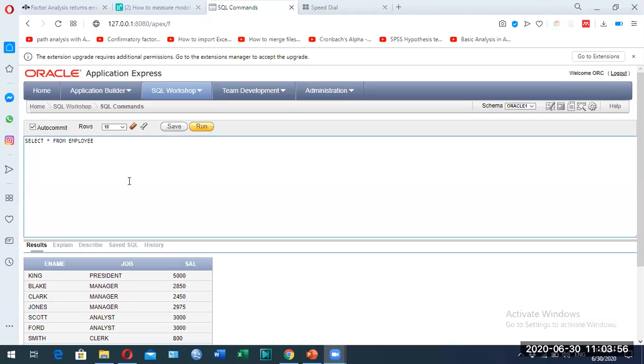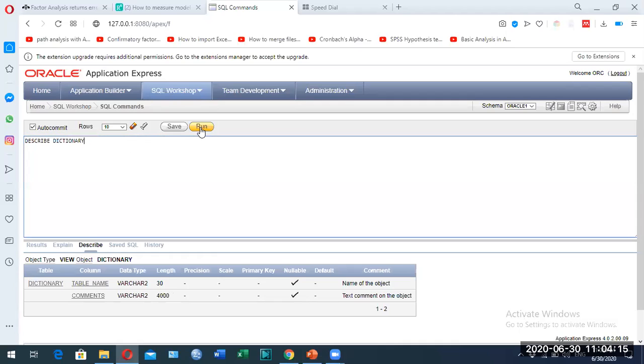Okay, this is the data dictionary view. We will write the DESCRIBE command. Then we write describe dictionary. Then we will run this query. We have found the object type view, object, and dictionary. It describes the table dictionary.